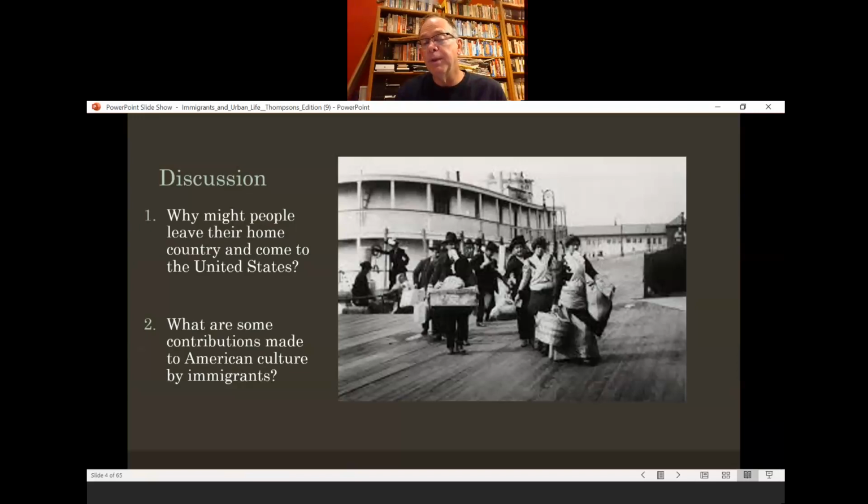So, why might these people be taking such a risk to come to the United States? That's the first question. And it's because they're being persecuted for either political or religious reasons in those old countries, or, and this is probably even more likely, it's because they're poor and they either can't find the jobs that they need, or maybe they have those jobs and they don't make enough to make ends meet. So they're literally pursuing an American dream.